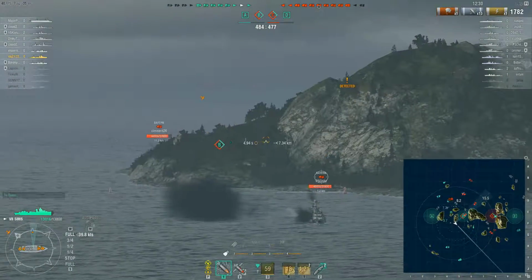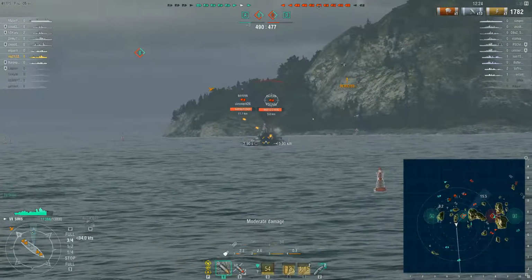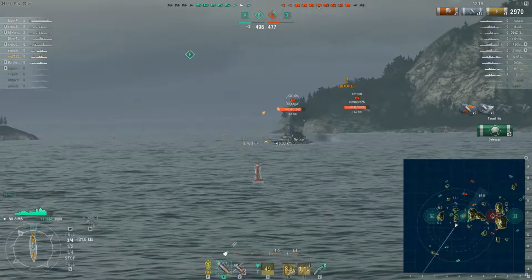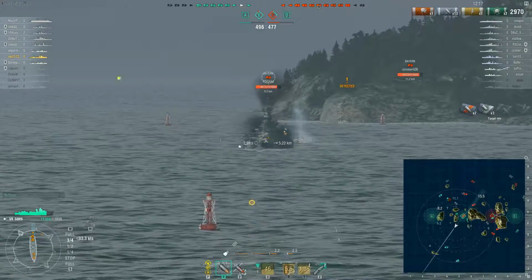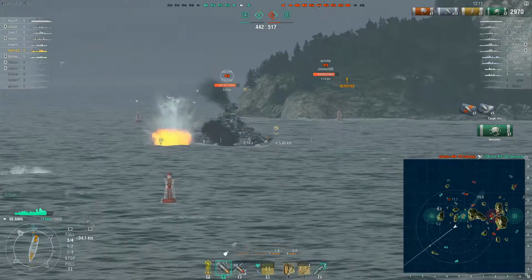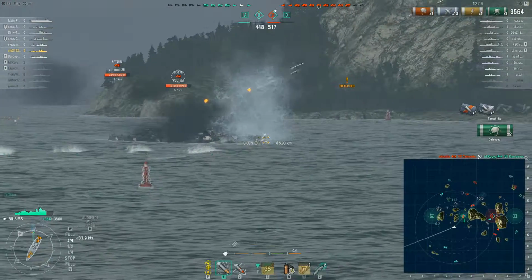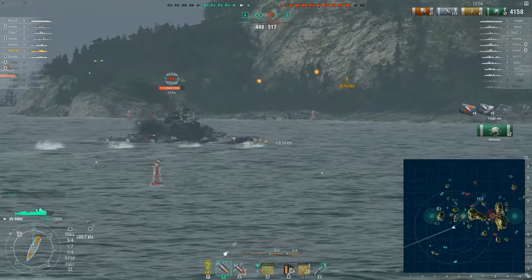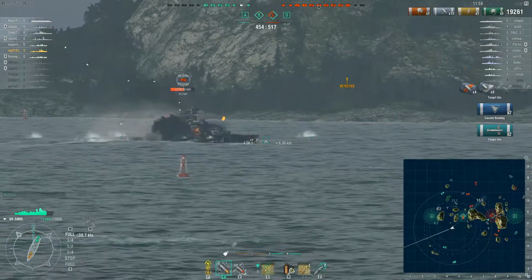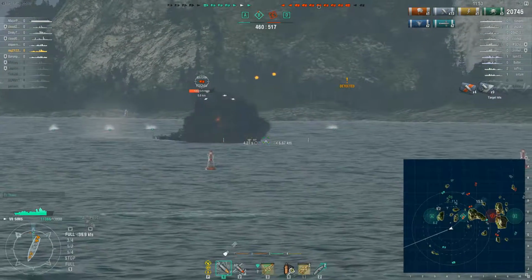I was expecting him to turn into the torpedoes. That's why I set the second set of torpedoes a bit behind the aiming indicator. And now he is turning towards me again. And because I'm detected anyway, I also start using my guns. Maybe we can do some damage on him. And yeah, we got 2 torpedo hits, we got 2 floodings, but I guess that he used his...